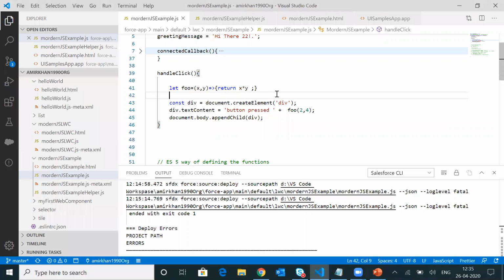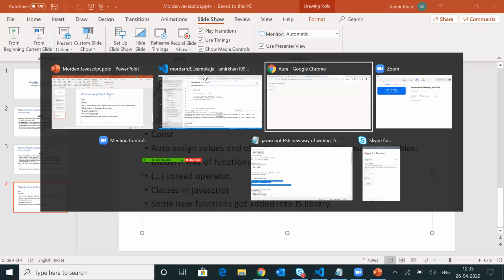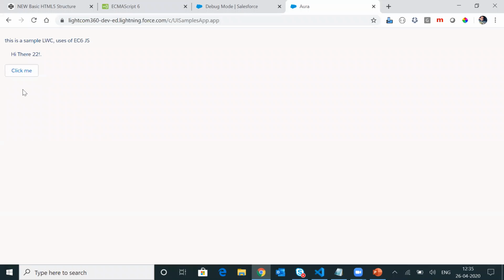Right now I am in VS Code, and I already created the modern JavaScript example Lightning Web Component. We already have the handleClick function written over here, and this function is getting called whenever this button gets pressed.